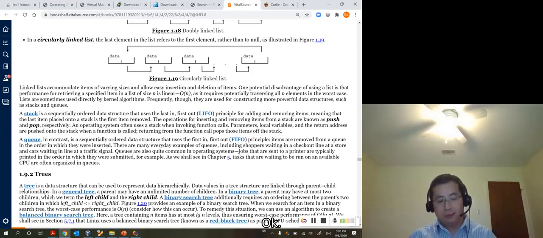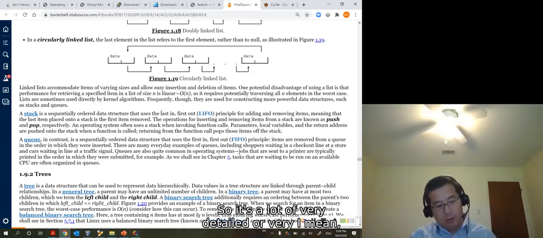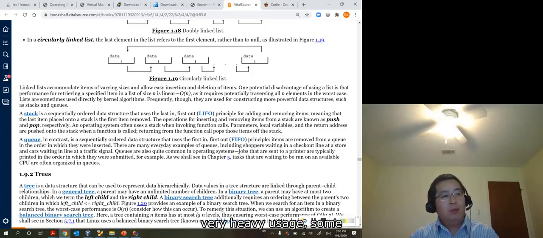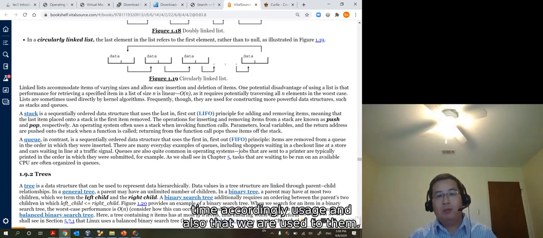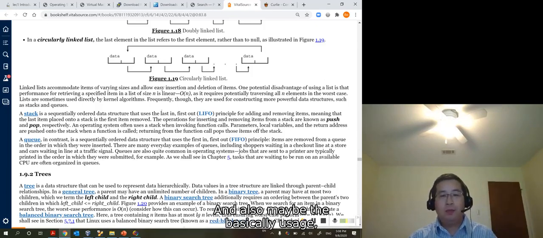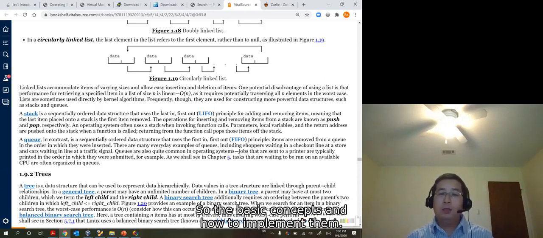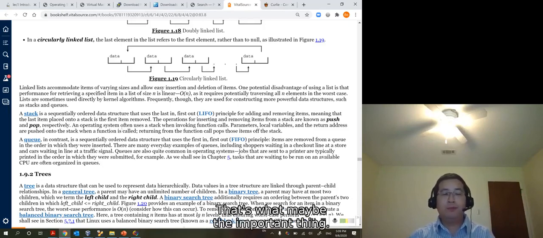There is a lot of very detailed and heavy usage, but occasionally we use it, and also maybe the basic usage, not very complicated ones. So the basic concepts and how to implement them will be the important thing.